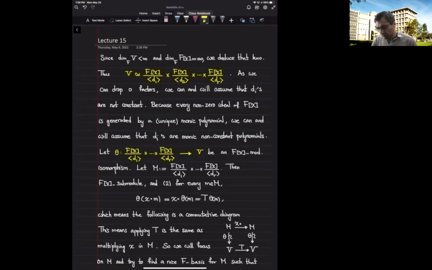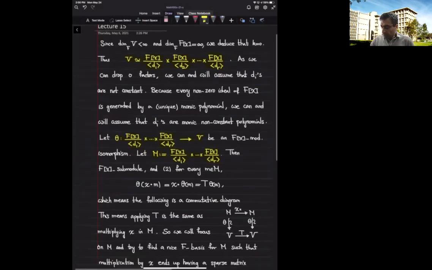So, for brevity, let's call the left-hand side M. So M is this F[x]-module. It can also be viewed as a ring, but here we are thinking about it as an F[x]-module. And because this theta is an F[x]-module isomorphism,